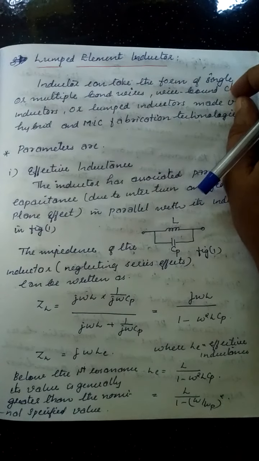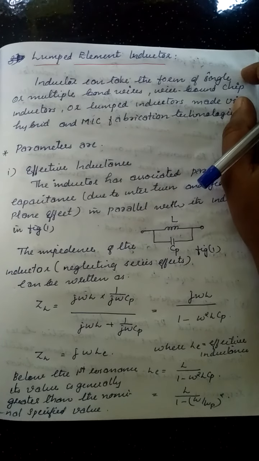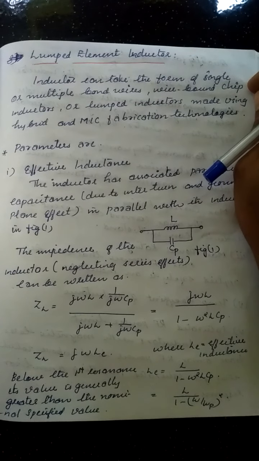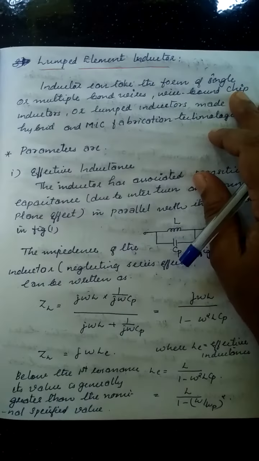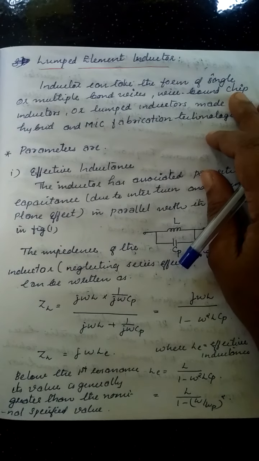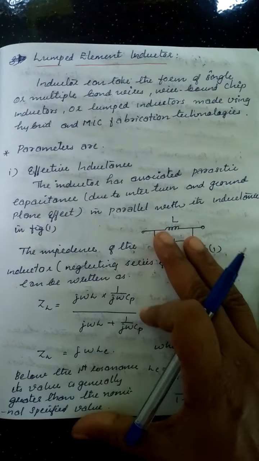So listen, the inductor, we all know, takes the form of single or multiple bond wires, or wire bond chip inductors, or lumped inductors made using hybrid and MIC fabrication technologies. Some parameters are used for the specification of a particular type of inductor. We are used to considering some parameters, and such parameters we are going to discuss here. The first one is